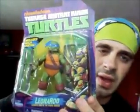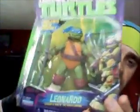If you notice, the designs are very similar, down to the tapes on the wrists and the feet, and the gritty lookingness to them. Even the art style. The only difference is if you notice, these guys have knee pads and elbow pads, where these guys have straps. But it's great because as a collector, I can just kind of display it and say, these are my comic versions of the turtles. So I'm pretty stoked for these figures, and I had enough money to pick up only